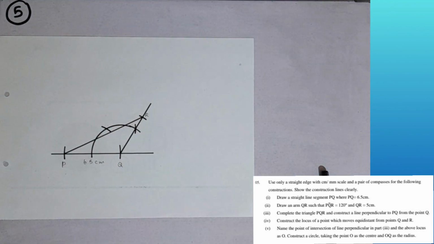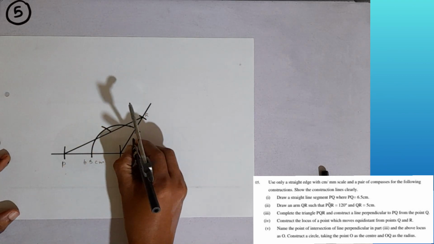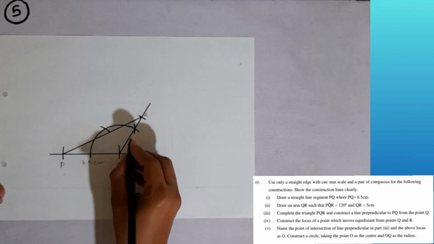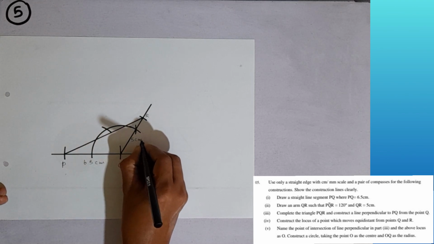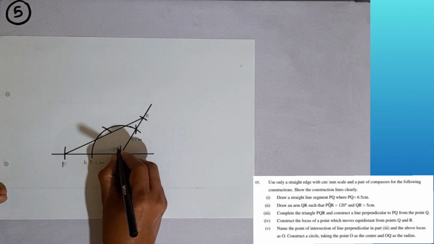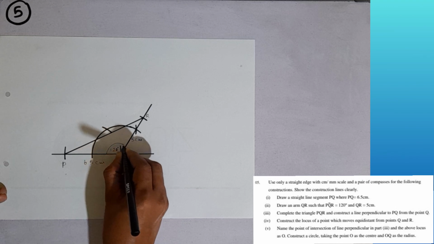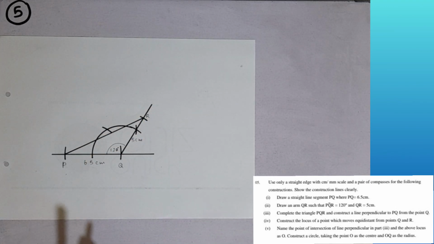This is the triangle we get here, PQR. This length is 5 centimeter. Then the angle should also be marked, 120 degrees. This angle. Then third part, complete the triangle PQR and construct a line